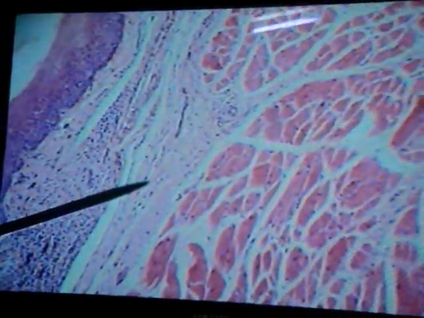So here you can see the epithelium, the lamina propria, and then a distinct layer of connective tissue, the pharyngobasilar fascia.